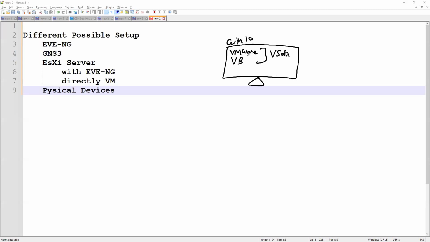And inside this machine, let's say if I draw this a little bit aside here, this is your VirtualBox or VMware screen. And here you are going to create another virtual machine. Let's say you want to practice Linux, or any other firewall, anything. If you create a virtual machine here, that means one physical machine and inside that this virtual machine. But if inside the VirtualBox or VMware, guys, focus here.